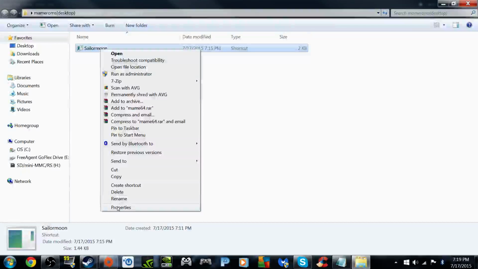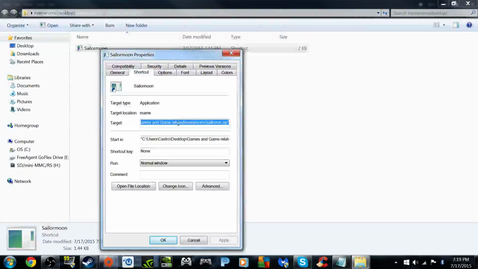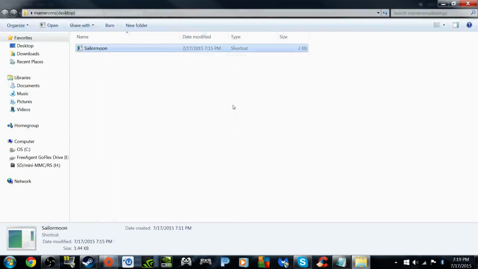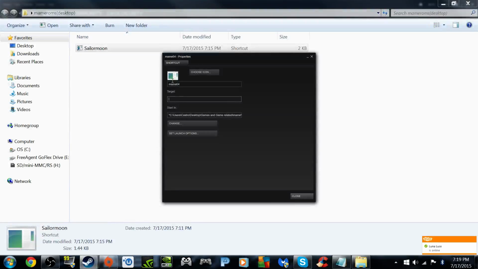You're gonna go to properties, right click, go to properties, and see where it says target, copy that, because that's the pathway that you made for it. Now you're going to close that, go back into Steam, where it says target here, you're going to paste that, and then you're going to put the name of the game or whatever you want to put. I'm putting Pretty Soldier